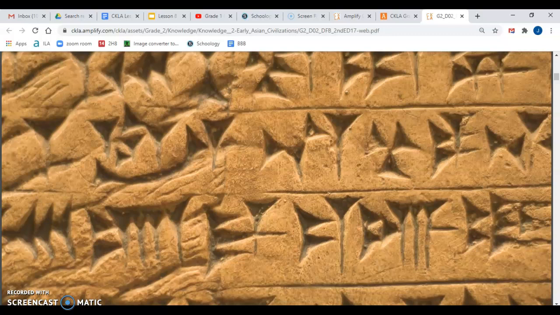Okay, so listen. You're going to learn about two ancient civilizations in this domain. This book, Domain 2, covers two ancient civilizations. Number one is the Indus River Valley civilization, so that's in ancient India. And you're going to learn about ancient Chinese civilization. These civilizations will have many of the key components that we just reviewed.